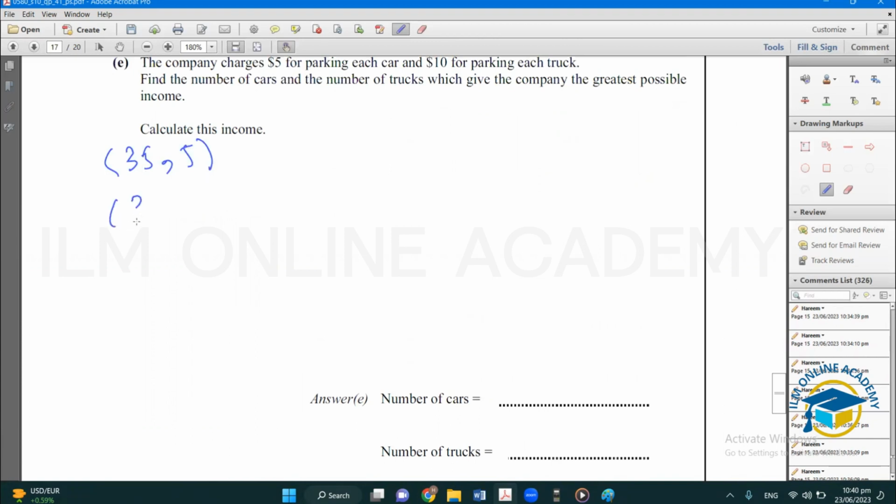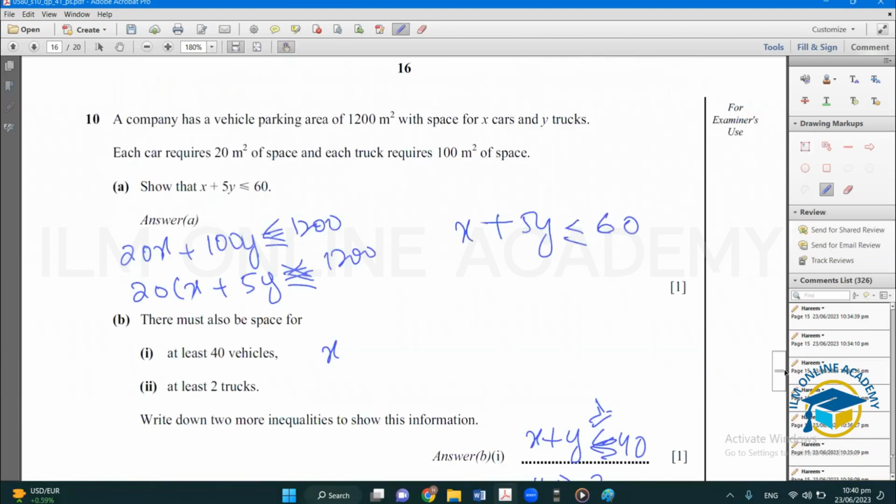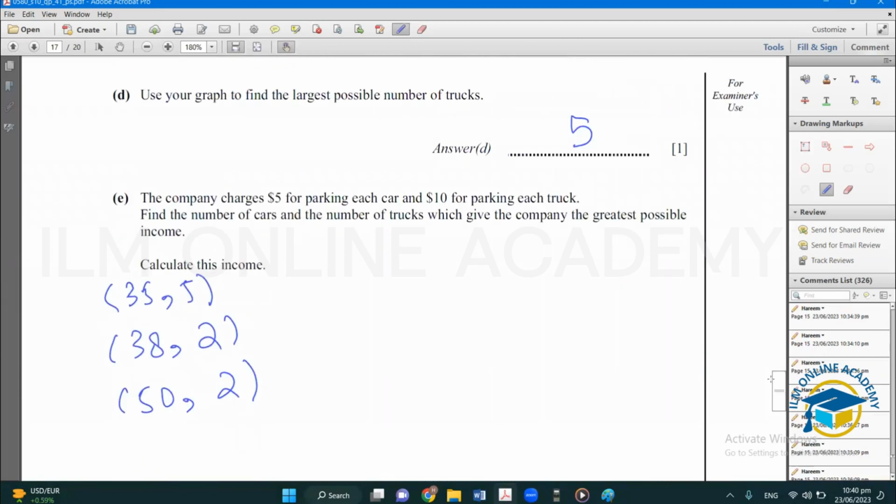Now 38 cars and 2 trucks and 50 cars and 2 trucks. Okay. Right. Now what we can do here is just calculate. Okay. So if you calculate in this way,